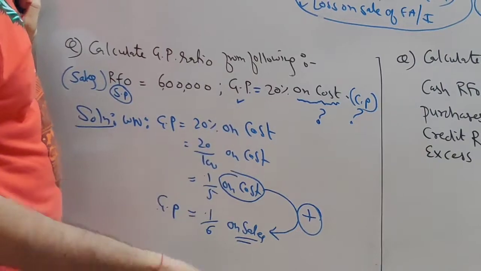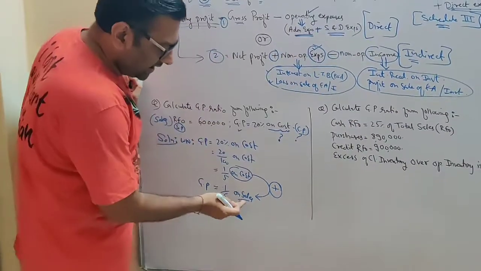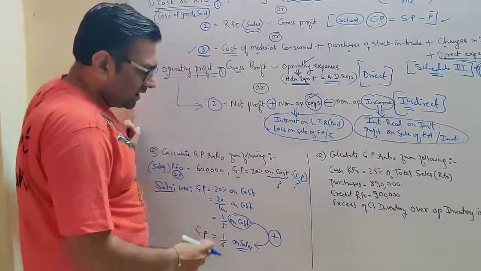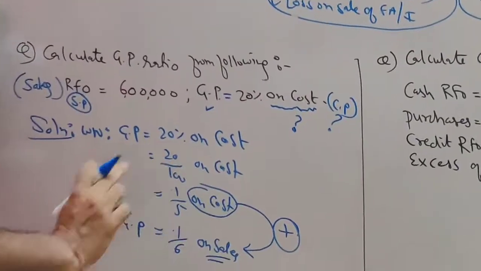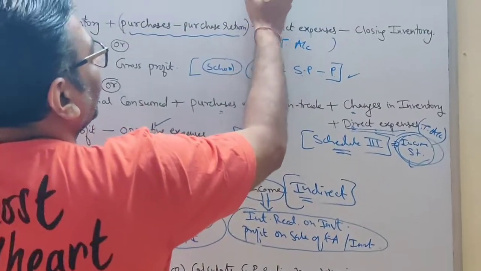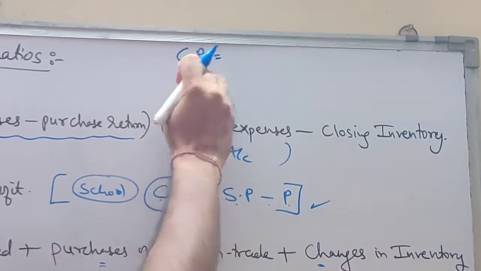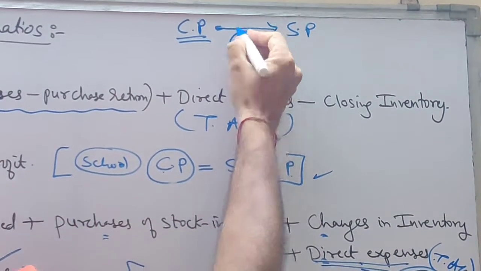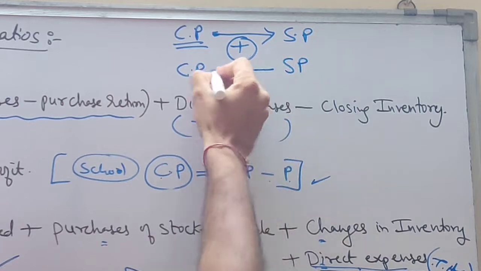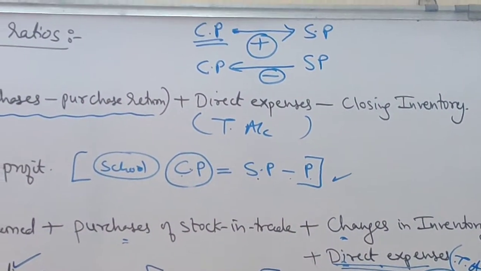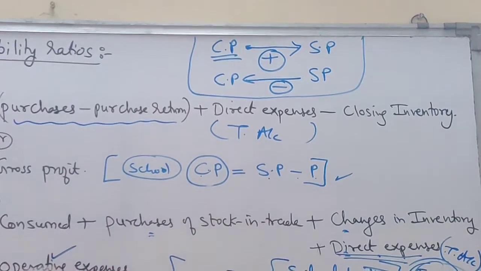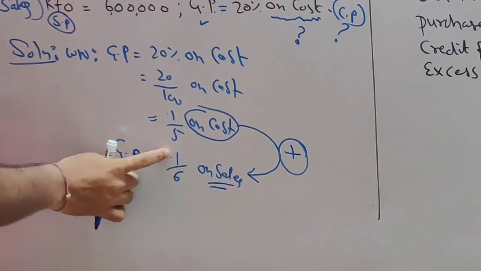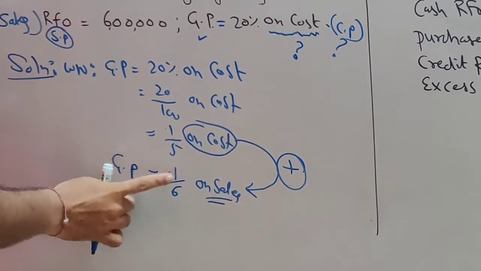Likewise, in some other sum, if you want to convert from sales to cost, minus. So remember this conversion rule: cost to sales plus, sales to cost minus. I am writing it down here. You copy later, or you pause the video and copy this. If you are converting from cost price to selling price, you have to add, and if it is the reverse, you have to minus. What do you add or minus, students? You add and minus in the denominator. Here the numerator is 1. You will add 1 in your denominator, so 1/5 will become 1/6.